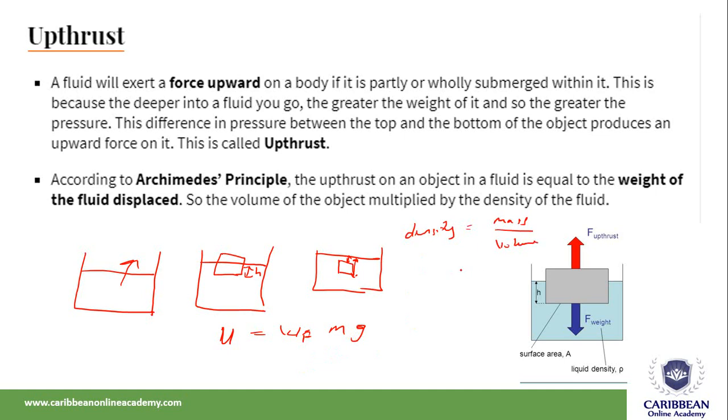So to find the mass of the fluid, we will multiply the volume by the density of the fluid, which is equal to the mass. So what we could do is say that our upthrust U is equal to, wherever we see mass, we're going to substitute that for volume times density of the fluid. So volume times the density times gravity